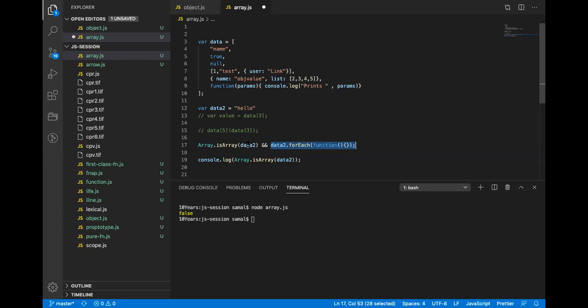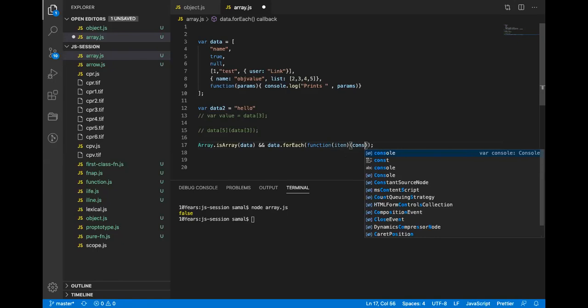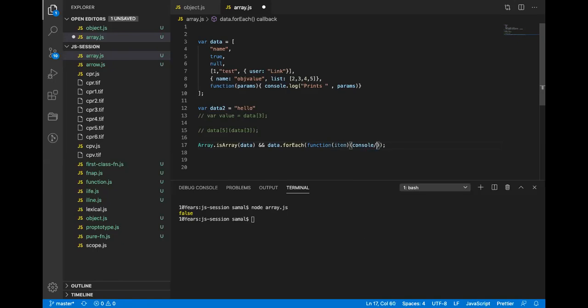If I do this, the data will be run. Let's say I just do item and console log item. Let's see, I pass data2 here.